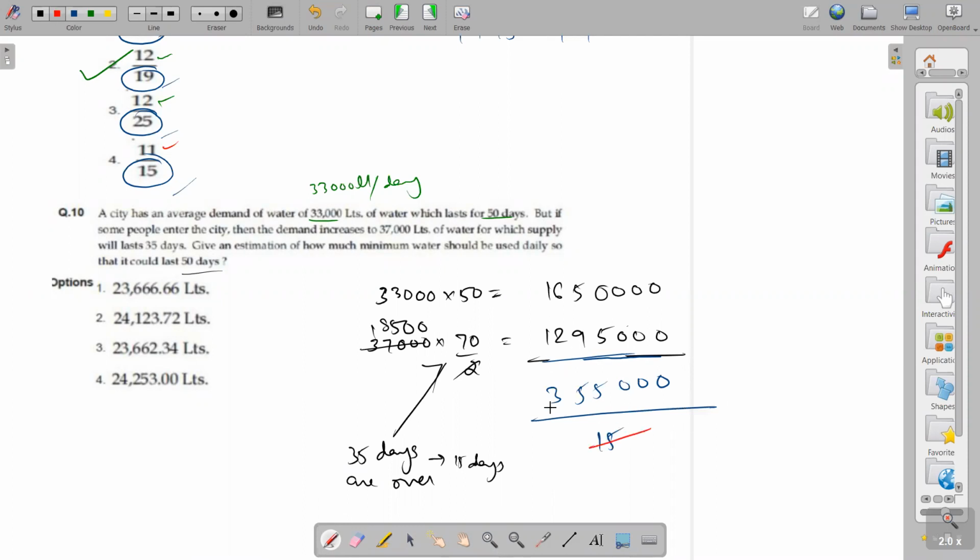I'll change the color. 5 3s are 15, 5 6 are 30, 31, 32, 34, 35. 5 7s are 35, 71 and 000. 3 2s are 6, 7, 3 3, 3s are 9, 9, 1. And it will be 23 point something now. These two are eliminated first of all. 1 2 3.